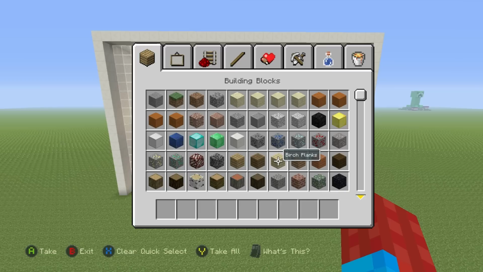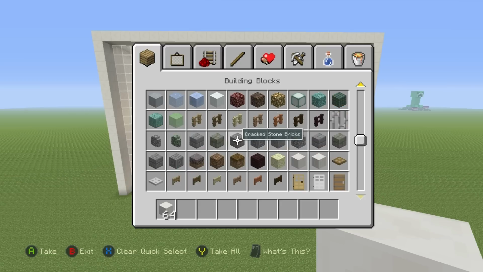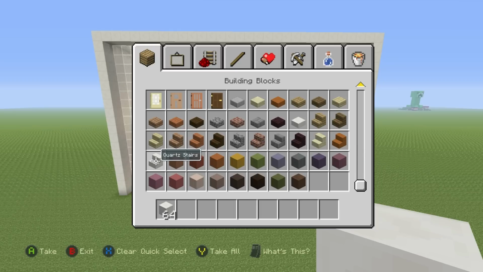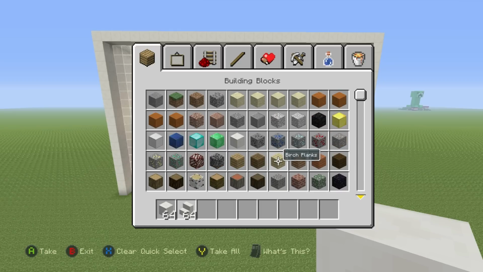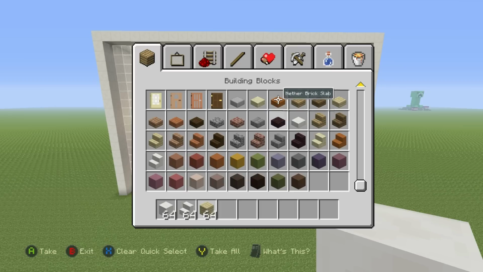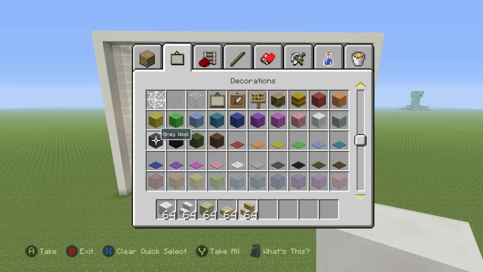So, grab yourself some more block of quartz, and grab some quartz stairs. You'll also want to grab some birchwood planks, birchwood slabs, and some birchwood stairs. We'll need quite a few things. It's hard to keep track of everything. We'll need some cyan wool.